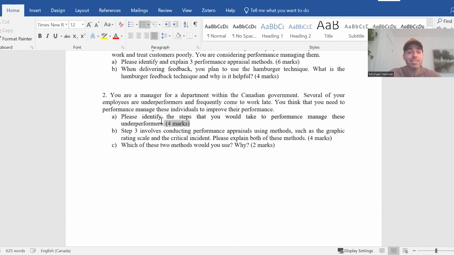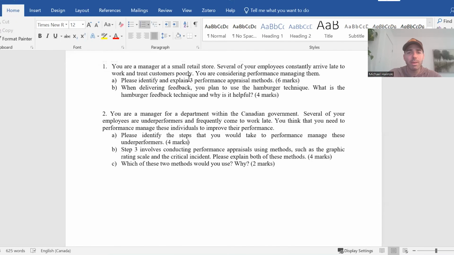So I think this is just simply asking for the steps in the performance management process. Okay, there's 5 steps. I don't know why there's 4 marks, but step 3. Okay, well that indicates that part A is just simply listing the steps. I guess I explained that. Step 3 is about conducting performance appraisal methods, right? So based on the other question, that's what we're looking for. Graphic rating scale. Oh, there we go. You're considering using